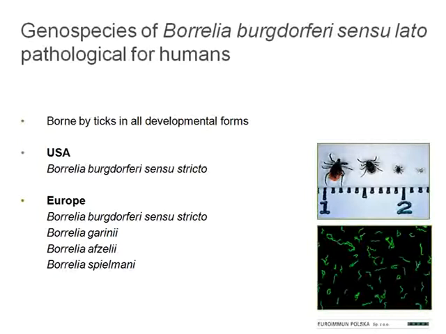In the United States, we have only one human pathogenic species, but in Europe we have at least 4. So the same as in the United States, and Borrelia garinii, afzelii, and spielmanii. In the down right corner here, we can see the smear of spirochetes, which are transmitted by ticks. The picture here shows the development cycle of the tick, which starts with small larvae through the nymph and the adult